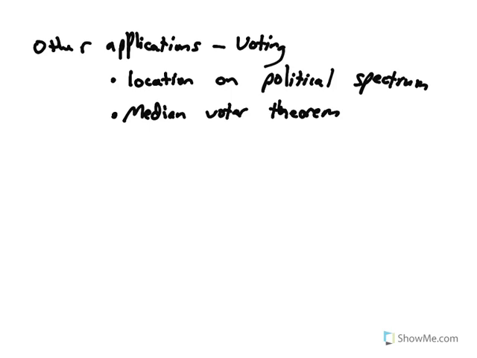Now, of course, in more recent years, that's not what we've observed. We've observed a movement away from that. And so you have to enrich this model with more details to try to recover the kind of results that we see in the data. So it's not just locating on a left-right continuum. One thing you could do to extend the model is to make it multi-dimensional. So you're not just locating on left-right, or east-west, but north and south, right? So now there are two dimensions to a choice problem. You're locating on the plane instead of on a line segment. So that's one extension. You might also think of voters who only vote if someone locates close enough to them,